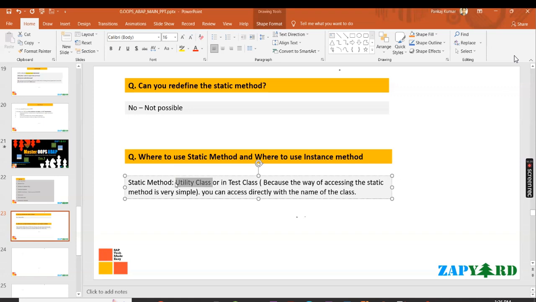So it's a straightforward implementation where you don't have to achieve any kind of polymorphism or any kind of inheritance, right? It's a simple implementation if you have a utility class, right? We are going to discuss the utility class in more detail at the end of the course. So there we can use it in the utility class or in a test class where we have just the simple implementation. Okay, now the instance method,